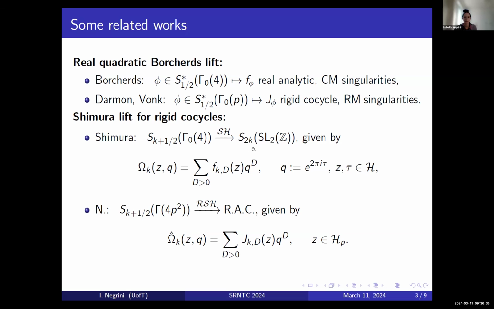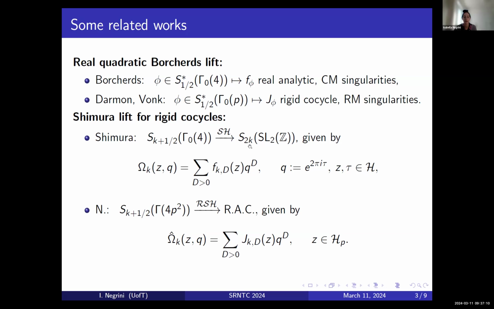And it is given by a certain theta kernel function. And in the next slide, we're going to see what we mean when we say that it's given by this, so how you can use this to define the map. But anyway, this thing is a function of 2 variables in the usual upper half plane. And so this is a q-series, and the coefficients, these f_{k,D}, are modular forms. They have integral weight. So these are functions in this space.